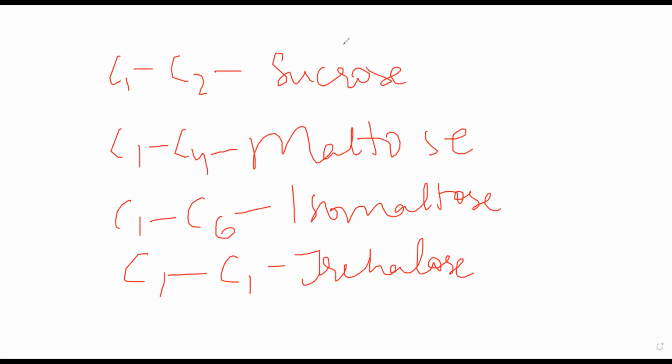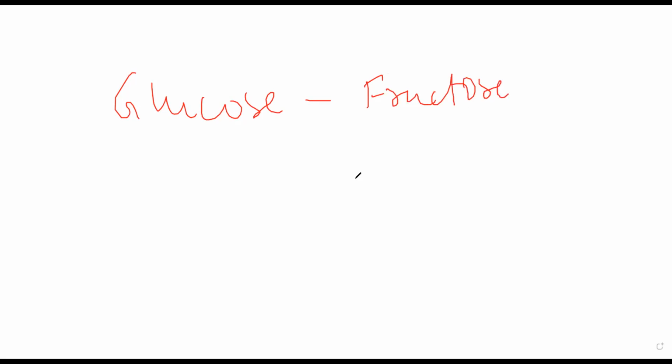Now specifically, if we talk about sucrose, it is table sugar. Sucrose is also called table sugar. Obviously it has a C1 C2 linkage. Now this C1 C2 linkage is between one molecule of glucose and one molecule of fructose. Meaning whenever I hydrolyze this molecule, whenever I break this molecule, I will get one molecule of glucose and the other molecule of fructose. There are two monosaccharides that are attached at an alpha and beta glycosidic linkage.